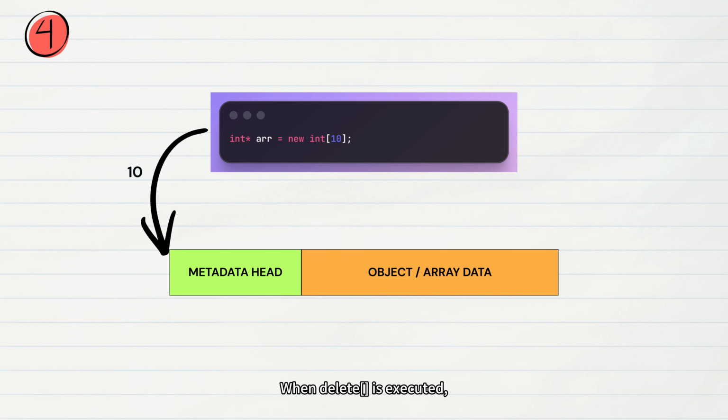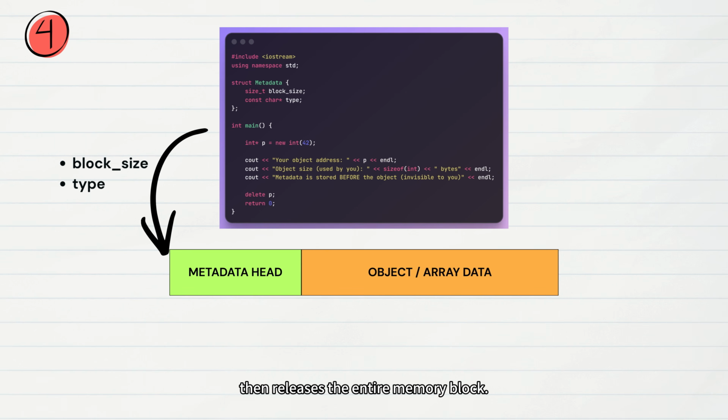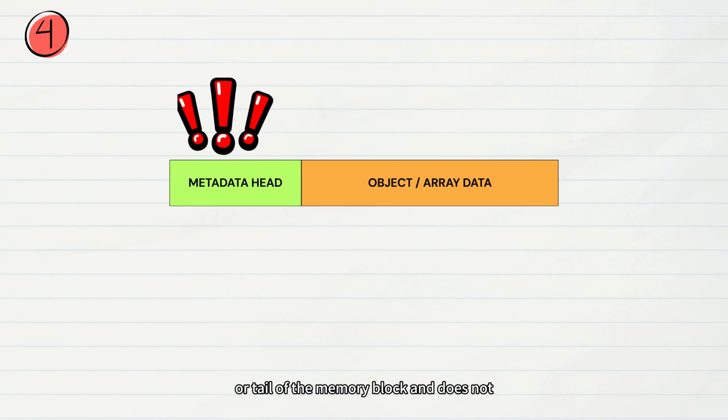When delete array function is executed, the system first reads that metadata to determine how many destructors need to be called, then releases the entire memory block. Single object scenario: some compilers record metadata such as size of the memory block or type identifier of the object, used for memory leak detection and debugging. This metadata is usually stored at the head or tail of the memory block and does not occupy the object's